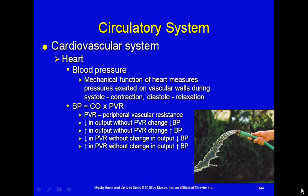systolic number. Blood pressure is a product of cardiac output times peripheral vascular resistance. And peripheral vascular resistance just has to do with the size of your blood vessels. If your blood vessels constrict, much like a garden hose, as I have pictured here,